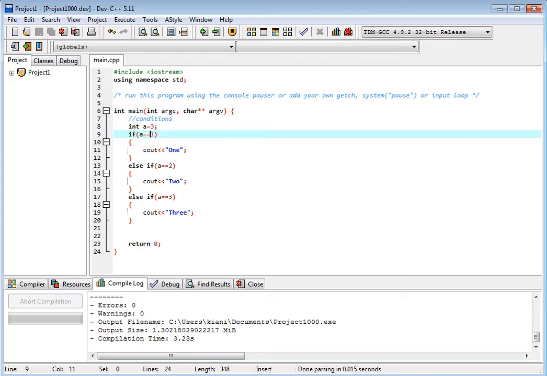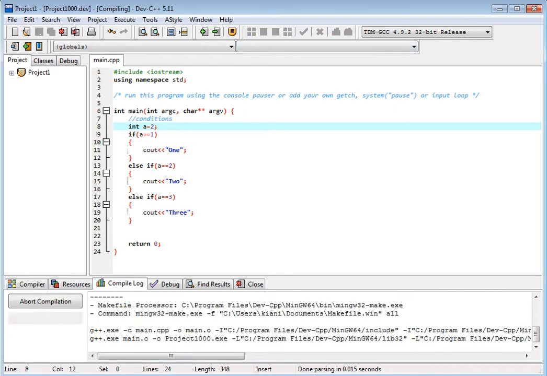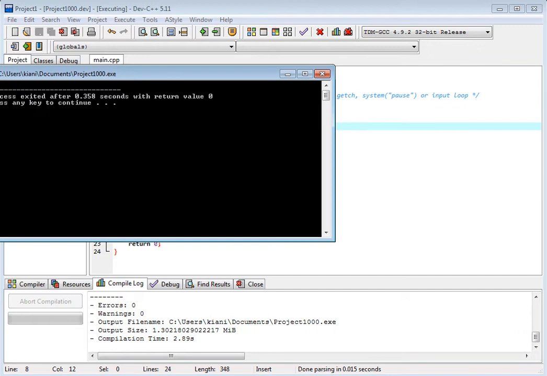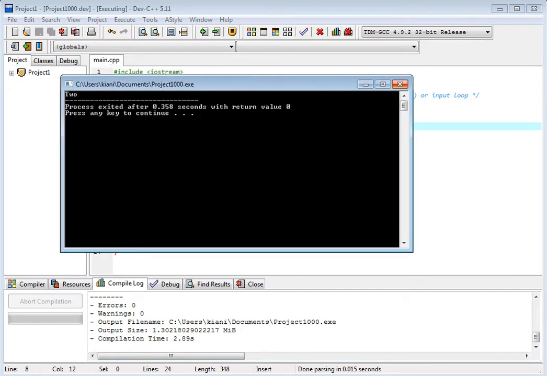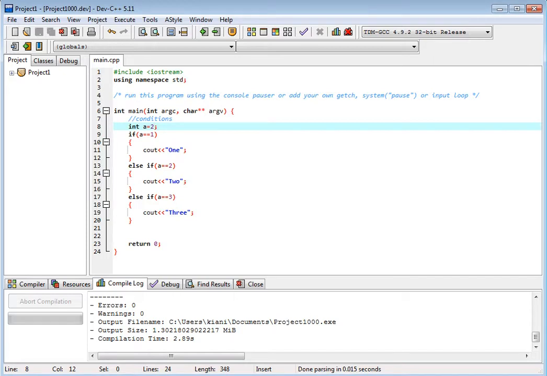If I put here 2, the result will be 2. This is 2, right? So this is 3-digit translator.